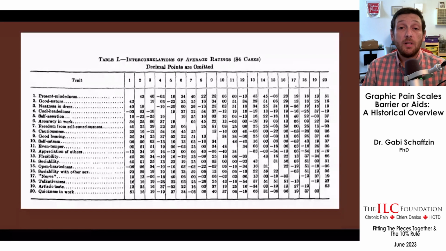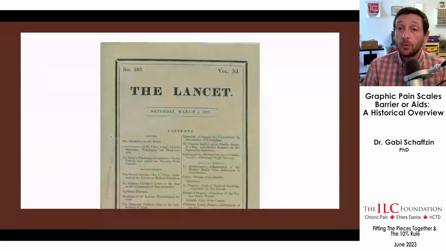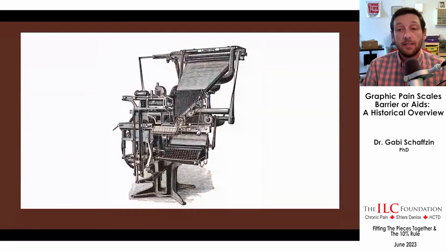Now, the paper was printed in The Lancet. Some of you may be familiar with The Lancet. It's been around for a long time. Here's one from 1827. And this is a linotype. Back in 1923, and really until the late 70s, The Lancet used one of these machines to lay out the text in their journal. Someone would sit and type at this keyboard here,